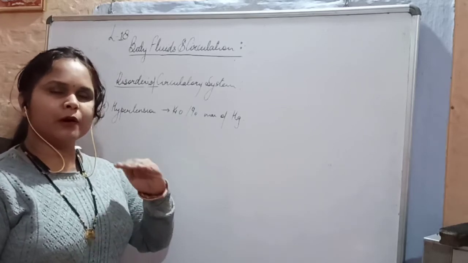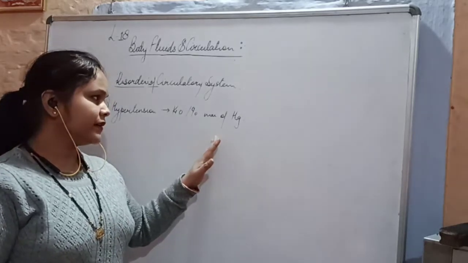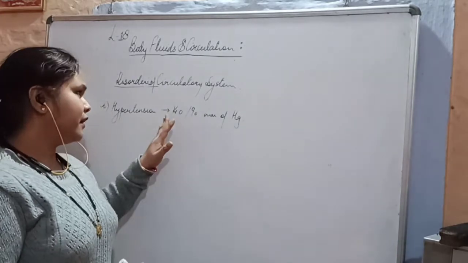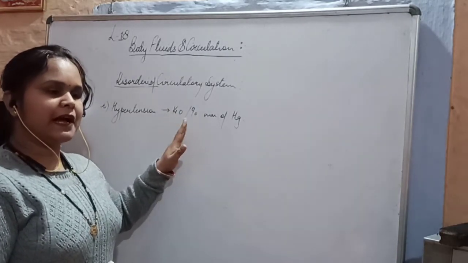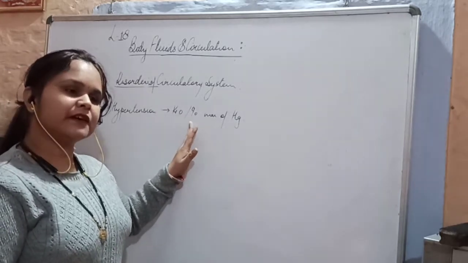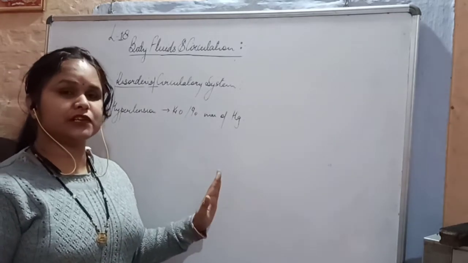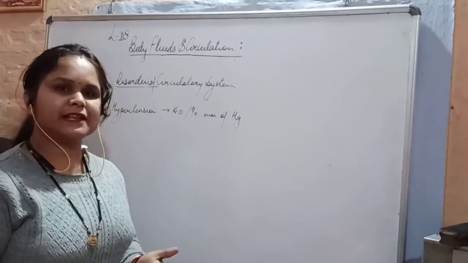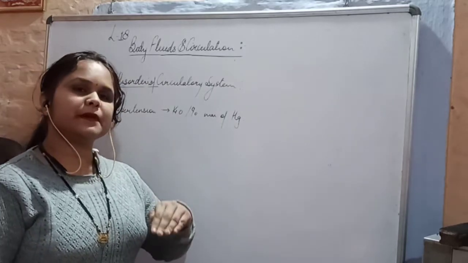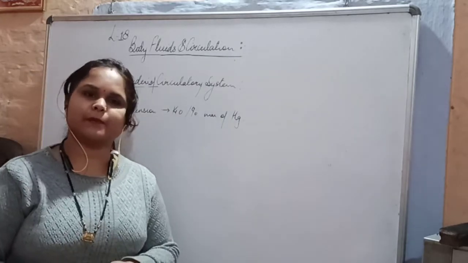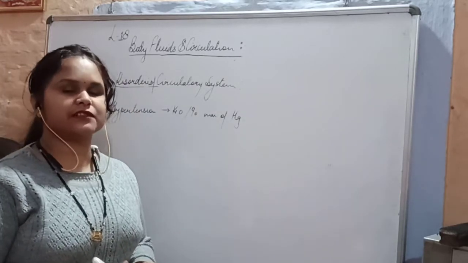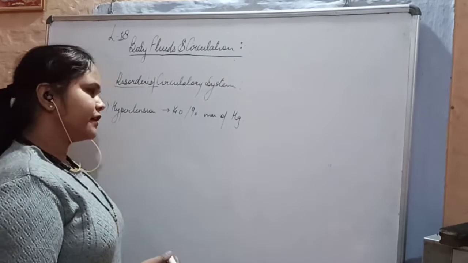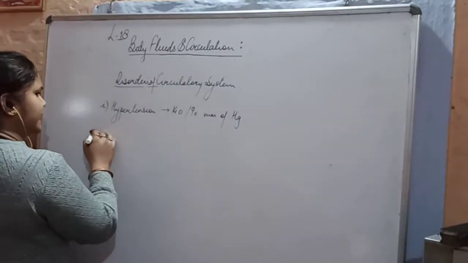We can normalize the blood pressure, and if a person has below 120 systolic and below 80 diastolic, that patient is called having hypotension. It means the BP is going below. Such people should take a dose of coffee, and certain salt agents or certain sweetening agents they can take. So that was about hypertension.